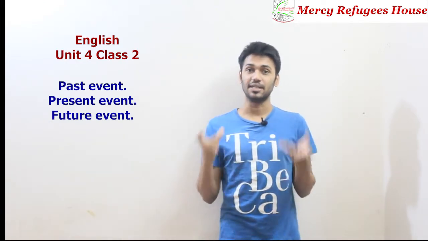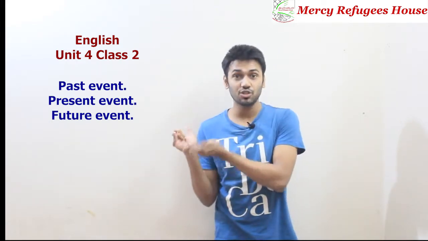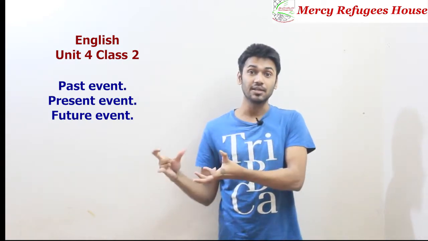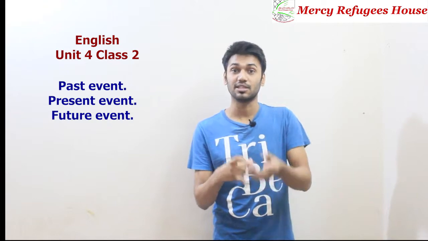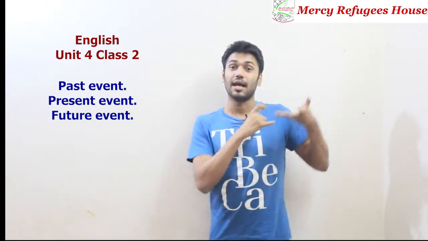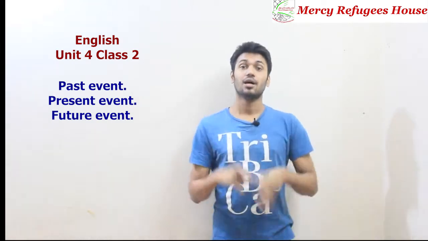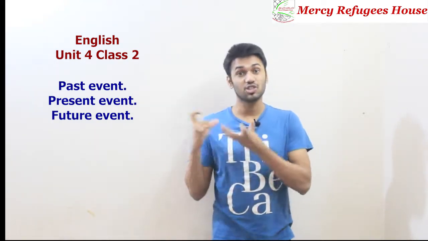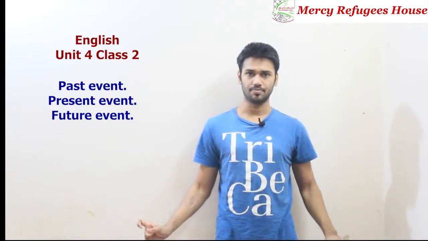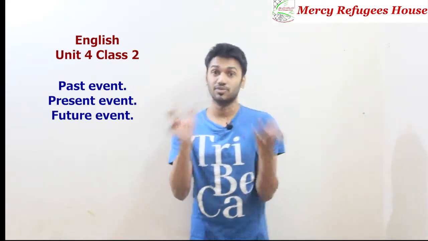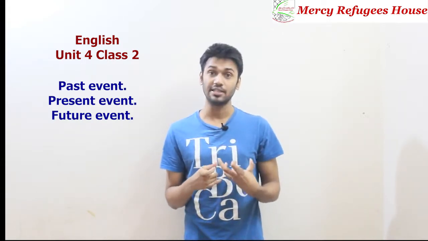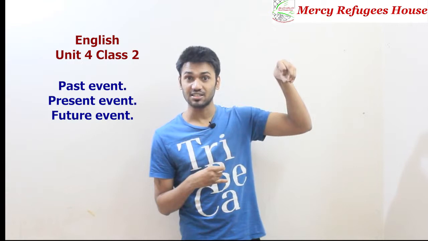Detailed idea means we will teach the students how they can speak when they are talking about something in the present, something in the past, and something that will happen in the future. See, now before you start the class, you help the students by reminding them what you taught in the last class